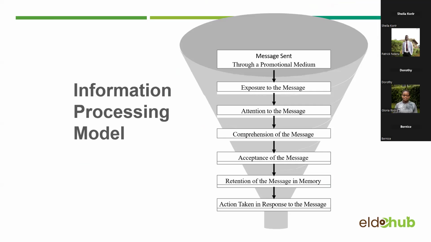So you need to know that the first thing you need is to create awareness. This awareness has to go through some medium where people can get this information, get this knowledge. You need to understand the kind of message that you need to send through this medium so that it can be compelling to them, it can trigger the need, it can be appealing to them so that they can be able to